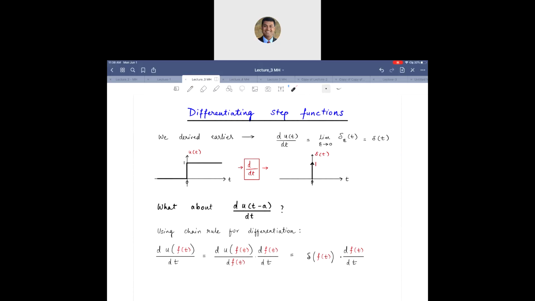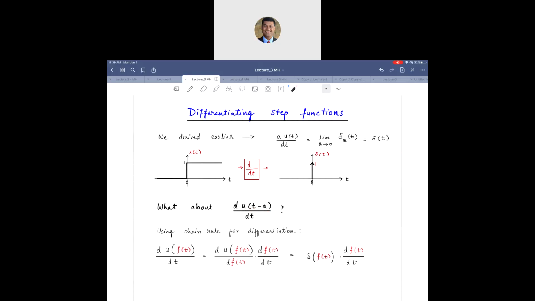So you're literally keeping track of slope because you are differentiating step functions here. Now, what about the derivative of u of t minus a? So now we are trying to do a time shift operation on a unit step and then still differentiate with respect to time. Now we can, because you have a function inside a function,